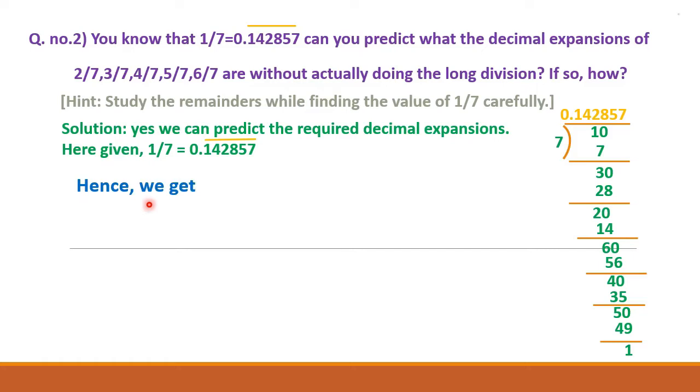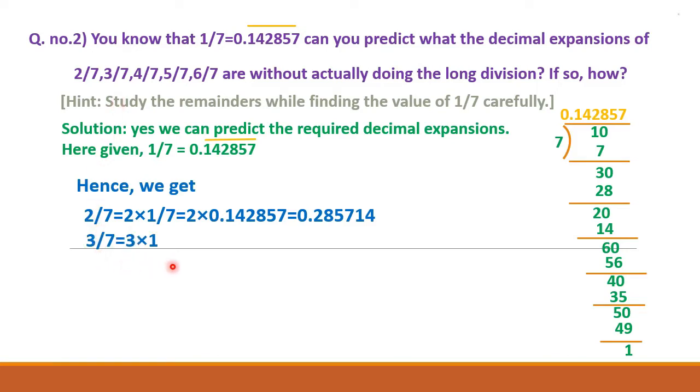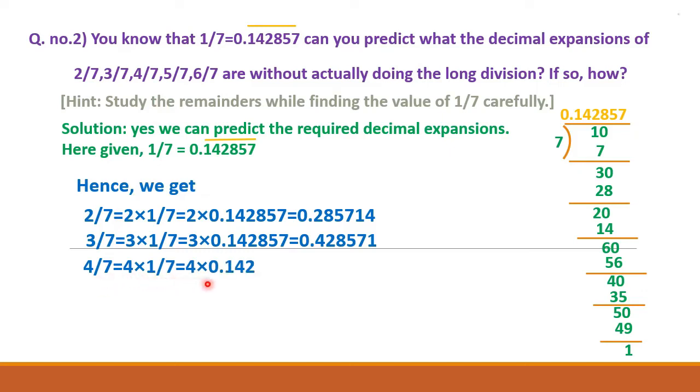Hence, we get 2 by 7 is equal to 2 into 1 by 7 is equal to 2 into 0.142857 is equal to 0.285714. 3 by 7 is equal to 3 into 1 by 7 is equal to 3 into 0.142857 is equal to 0.428571. 4 by 7 is equal to 4 into 1 by 7 is equal to 4 into 0.142857 is equal to